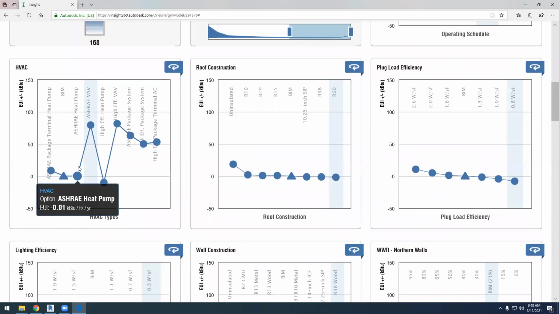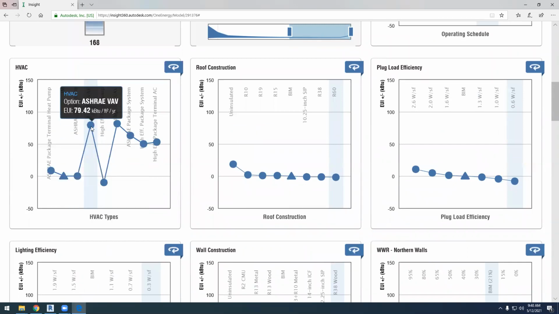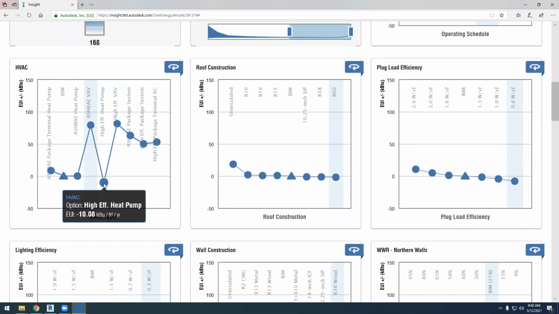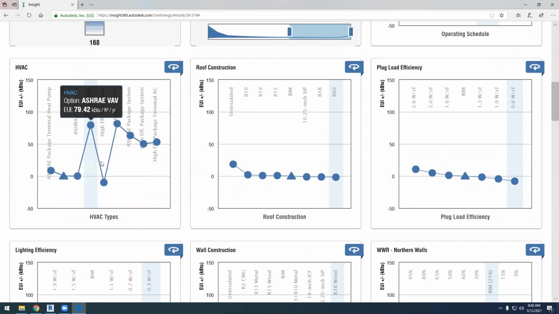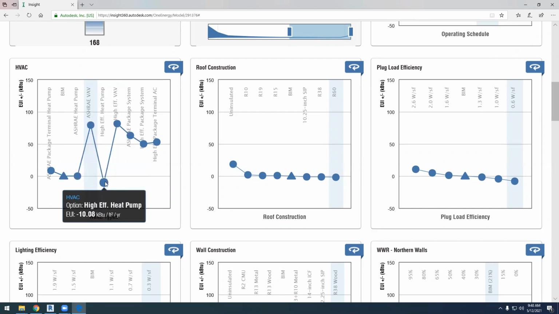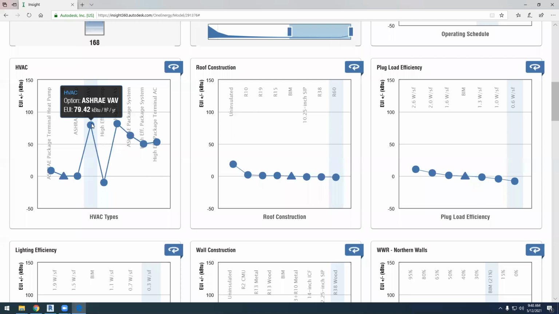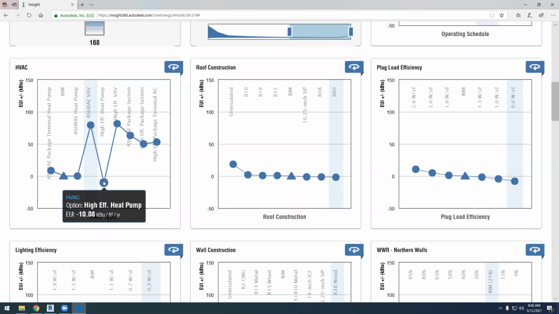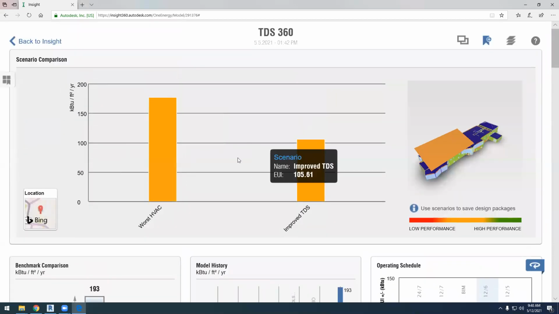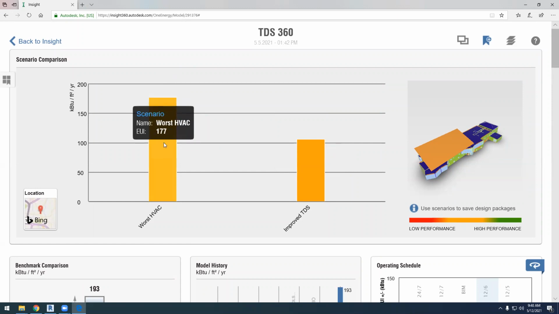But by changing the efficiency of the heating system or heating and cooling system, we can understand the difference between having this system or this one. If we know the price of this system and the price of this one, and we know the savings, well, we can advise our client about